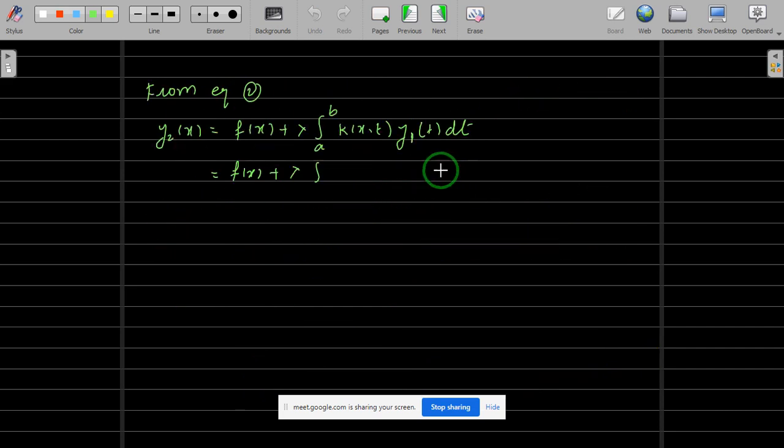So you substitute for that, but be careful now with your variables, because in this case the variable of integration is t, and again your y1 is a function of t. So be careful there. So I can write this as lambda from a to b k(x,t),